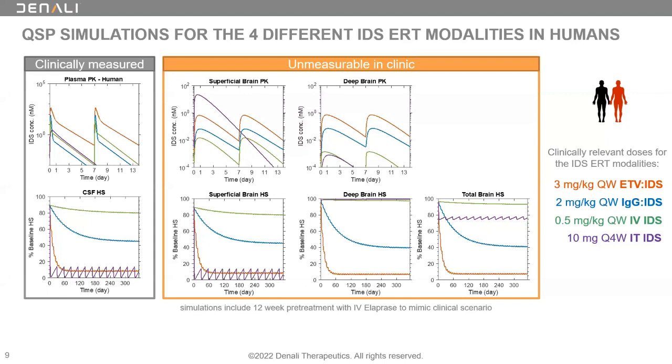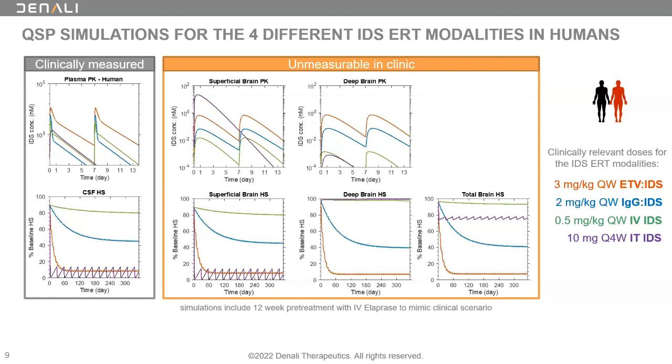But you see that there is a differential in exposure between ETV IDS and IgG IDS just based on the distribution of parenchymal to vascular ratios that we saw from the preclinical studies. And as expected, the IV administration of elaprase